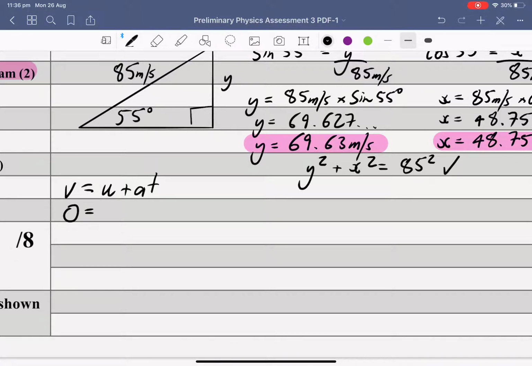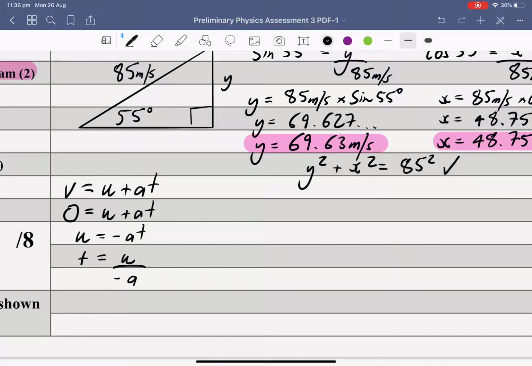So we get 0 equals u plus at. Rearranging this, we get u equals negative at, and to get rid of the negative a next to the t, we get t equals u divided by